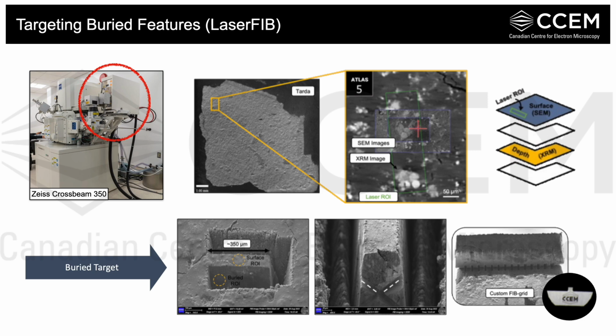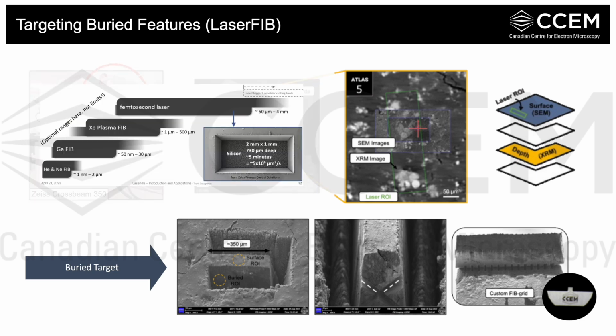So if we come back to our correlative map and decide we want to target this large internal class, we need to make it accessible, meaning we need to be able to extract it from the sample. And this can easily be done using our femtosecond laser, which is added to the airlock of the crossbeam FIB. And this provides efficient site-specific extraction of relatively large volumes at orders of magnitude faster than conventional ion milling.